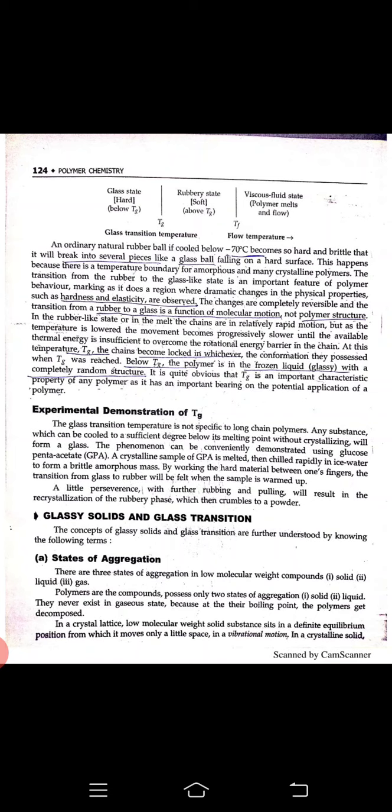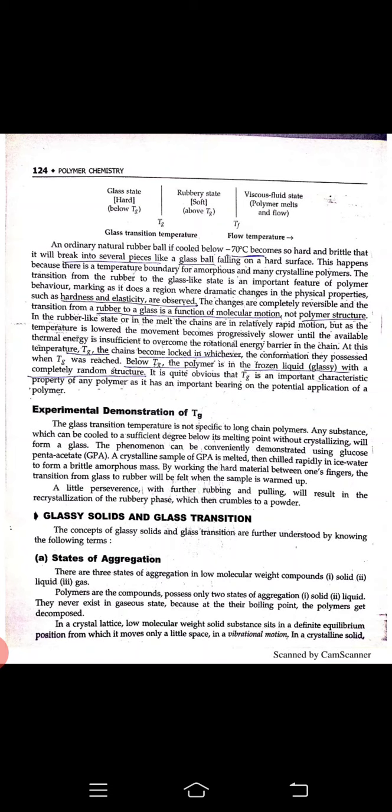The transition from the rubber to the glass-like state is an important feature of polymer behavior, marking a region where dramatic changes in physical properties, such as hardness and elasticity, are observed. The changes are completely reversible, and the transition from rubber to glass is a function of molecular motion, not